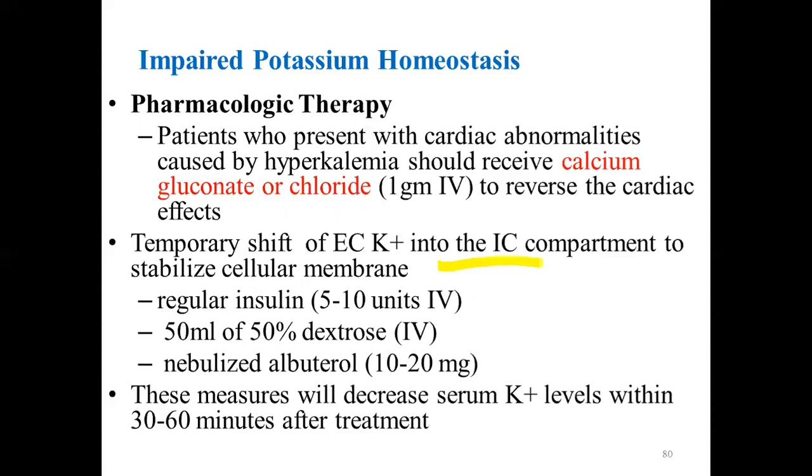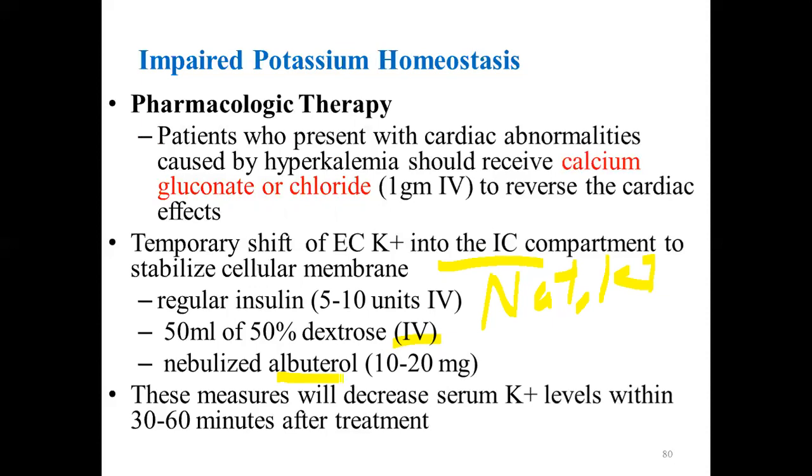So temporary shifting is very important and is usually done with insulin 5 to 10 units plus 50 ml of 50% dextrose to counteract the hypoglycemic effect of insulin, because this class of drugs has an activity to activate sodium potassium ATPase so that they can increase shifting of potassium into the cell. Then even albuterol, that is salbutamol,